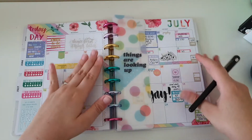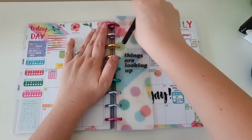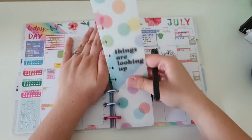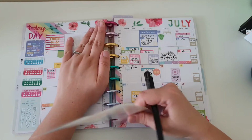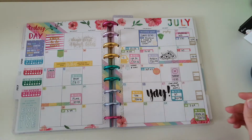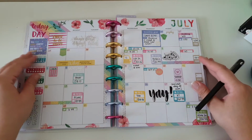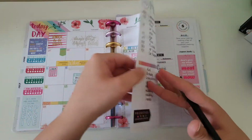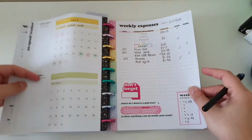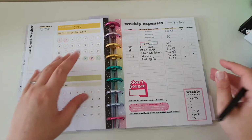So this is my July spread, and I think I might take this out for a minute and just snap it out. Just makes life a bit easier. Okay, so this is my July spread so far this month, and then my weekly expenses I do fill in,